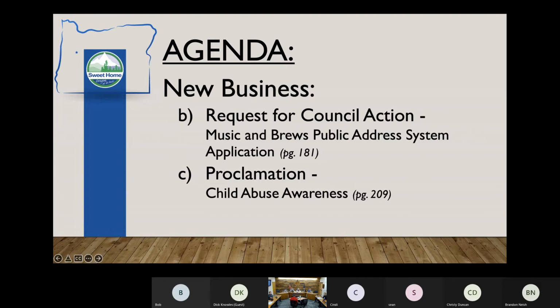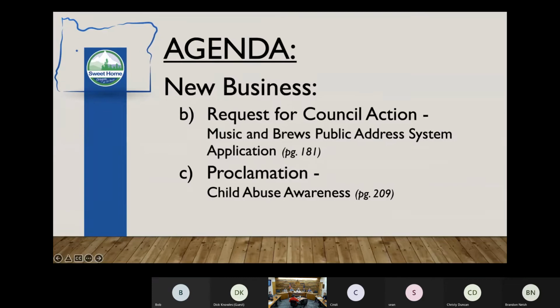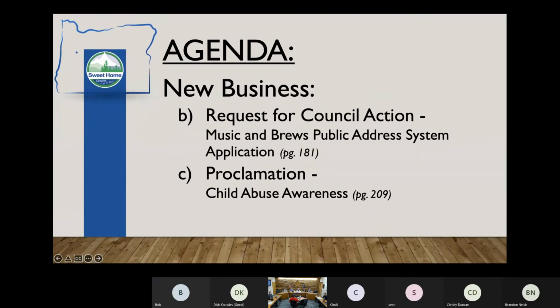I know that the request is for the public address system, and I believe it was from noon to 10:30. I know that this is not going to be Jamboree loud, and it is going to be somewhat loud, but again, the tent and the people in there will contain a lot of that volume.